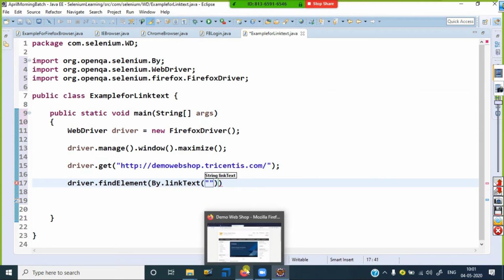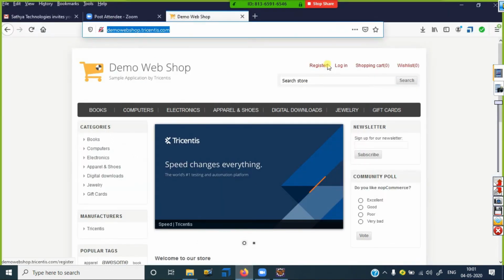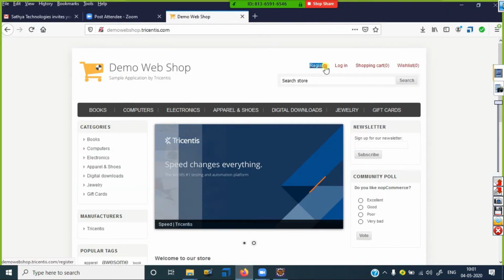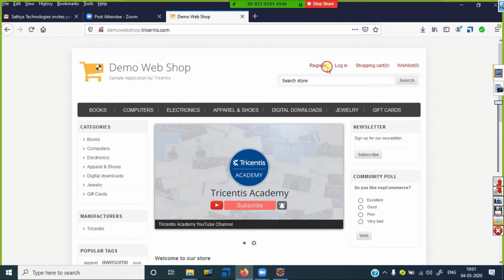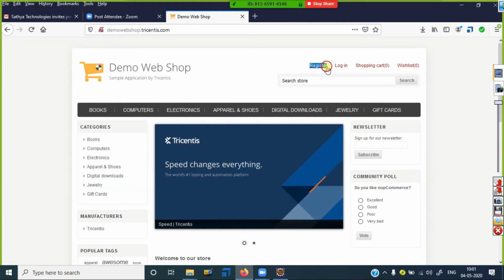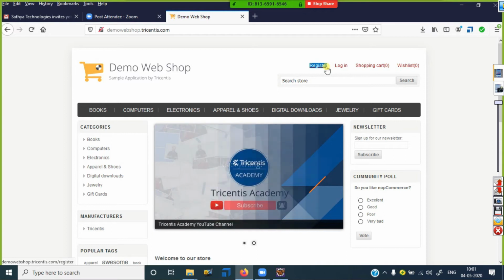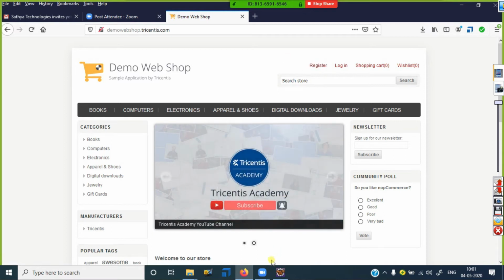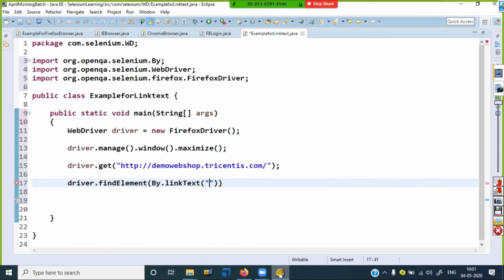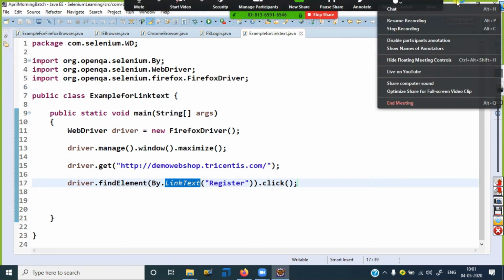Which link do I want to click? The register link, so I copy this text here. See, it's case sensitive: R must be a capital letter. Register, dot click. So this locator is especially for identifying links by using the visible text only. Now click on the run button and observe what happened.